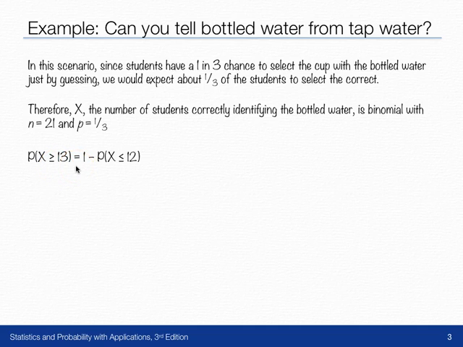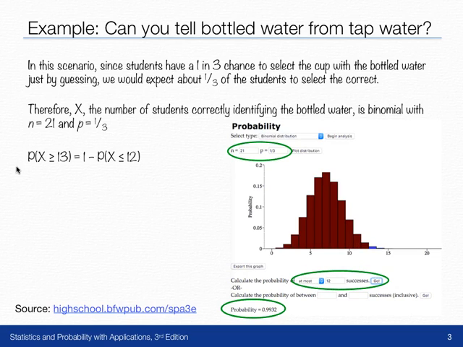We can do this 2 ways, and I'll show you both. One is doing 1 minus the probability that X is less than or equal to 12. You can find that probability on any calculator, but what I'm going to show you is how it might be done using the applet that comes along with your textbook. You can find this at